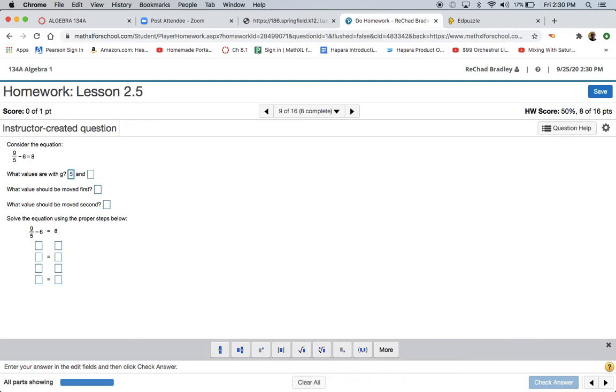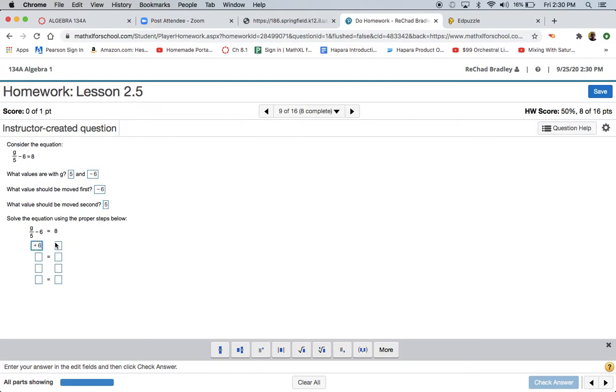The values with G here are 5 and -6. The value that should be moved first is the -6. The value that should be moved second is the 5. If I want to get rid of this -6, which is what I should be doing first, it is -6,